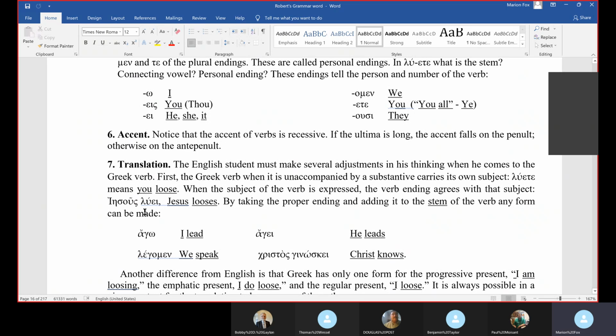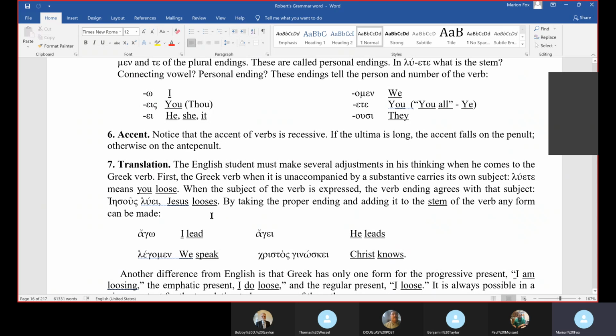Any questions? So in this case, Jesus here is the subject, and looses, he looses, is the verb. We have a complete sentence. Jesus looses. By taking the proper ending and adding it to the stem of the verb, any form can be